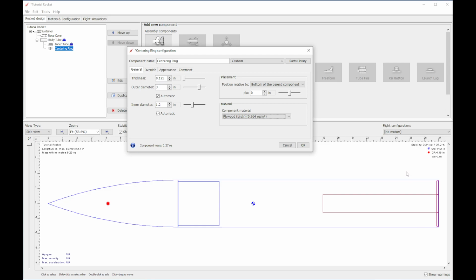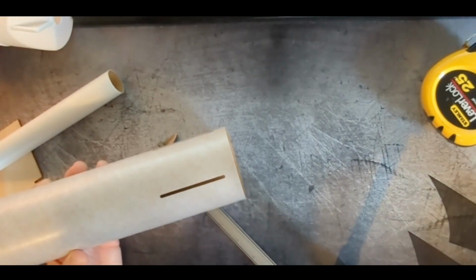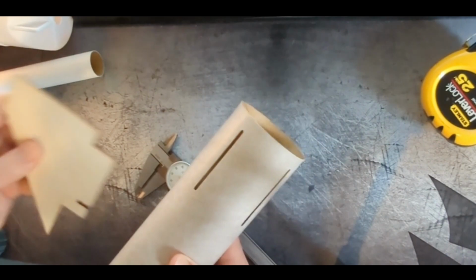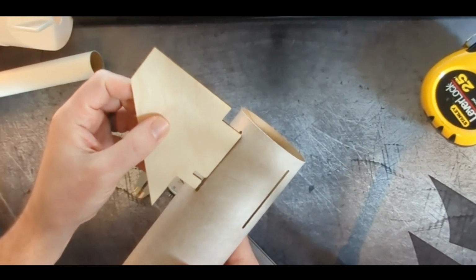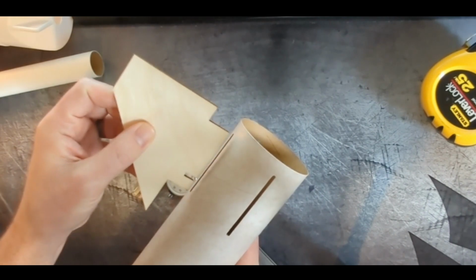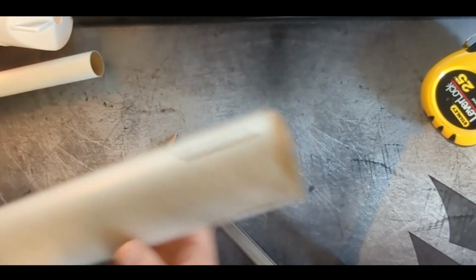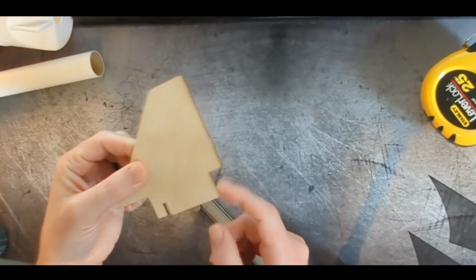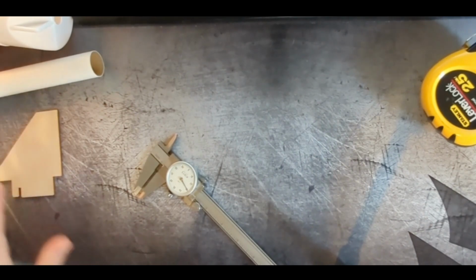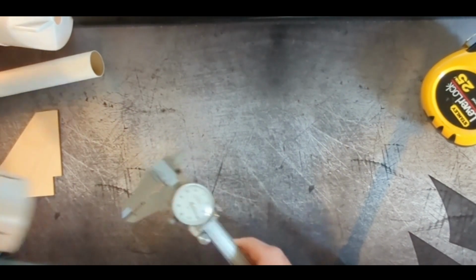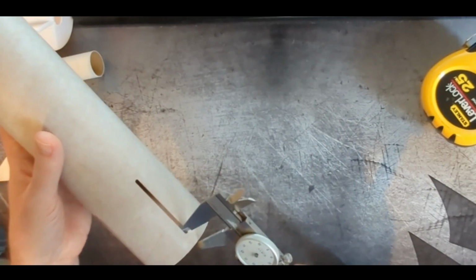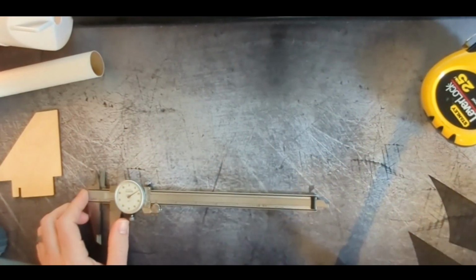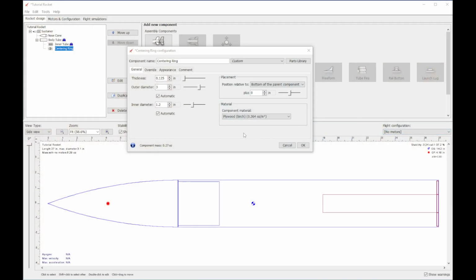Another thing that I know about my rocket, if I come back over here, is that I have some fin tabs, and we'll talk about the fins in a little more detail in a second, but this is what the fins look like, and they're going to slide into these slots, and I want that centering ring to be up against this back fin tab right here, and that's going to mean that it's not at 0. So what I want to do is measure this distance here, which is going to be 1/2 inch. And then since I know my centering ring is 1/8 inch thick,